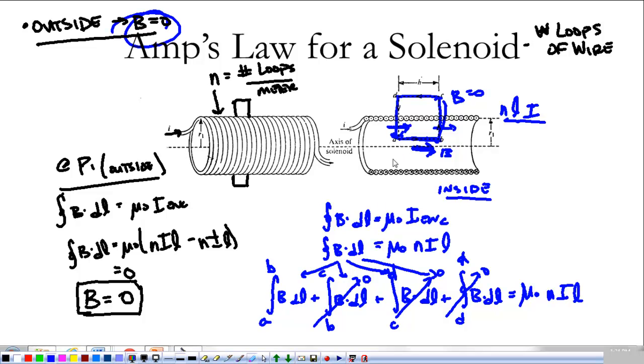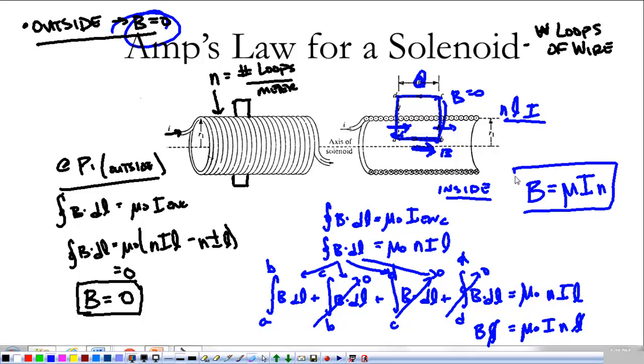Now if we stay in the same spot, our magnetic field's not going to change, so that can come out. And dl from A to B is just going to be this length, and we called it L earlier. So we've got B times the length inside of the loop, and that's equal to mu 0 times I times N times L, the length that we're enclosing. And we see that inside of this solenoid, the magnetic field is equal to mu 0 times the current times the number of loops per meter. And we see that it's constant